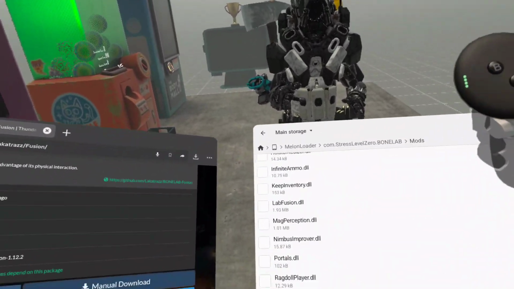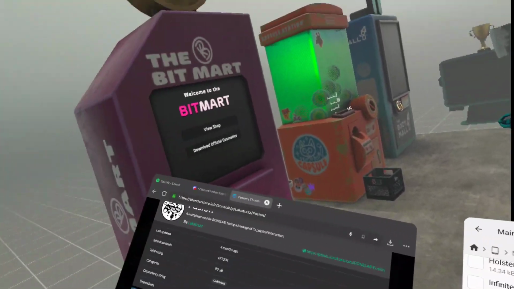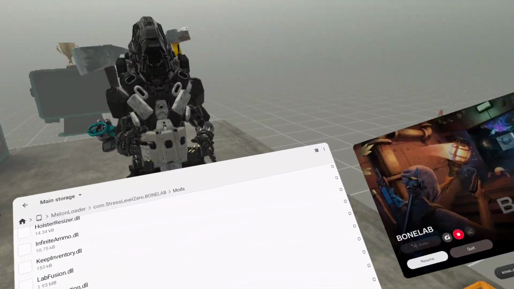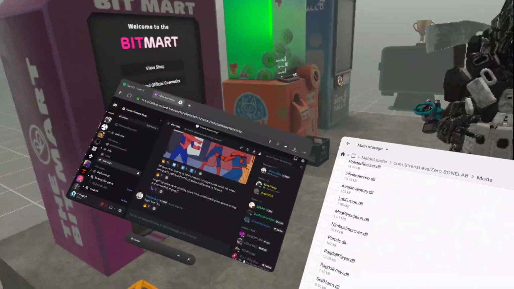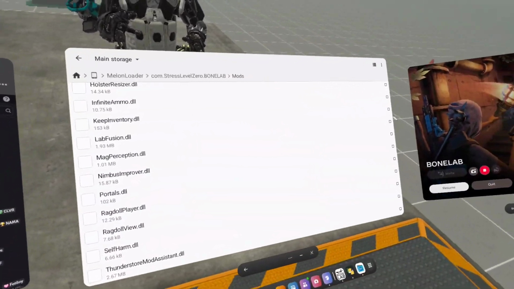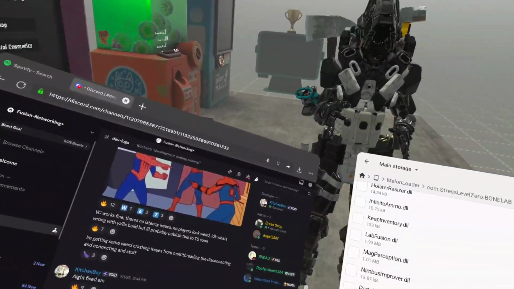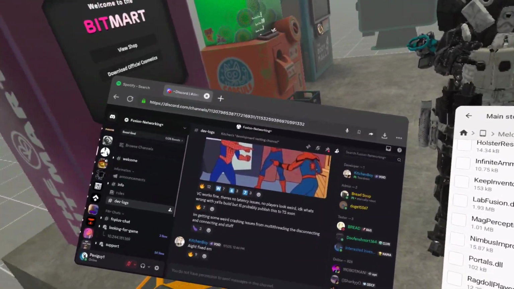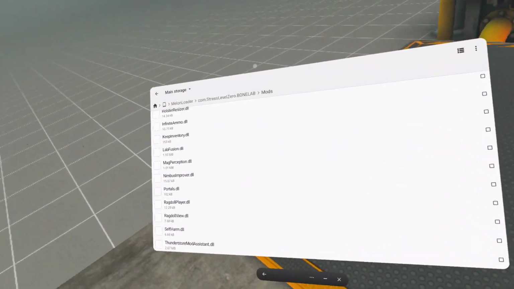com.stresslevel0.bonelab into mods, and then paste it. As you can see, mine is right here. And then go ahead and start your game. It should work. If there is anything that didn't work,